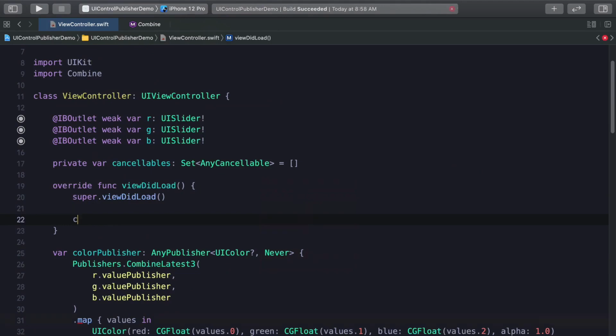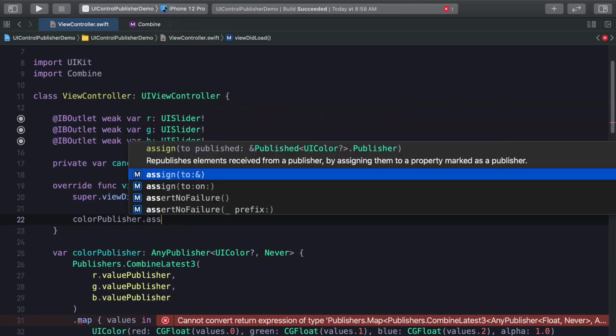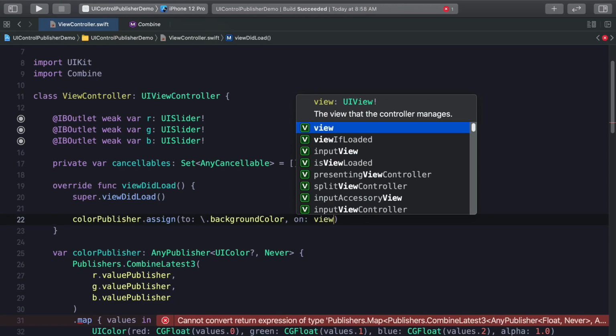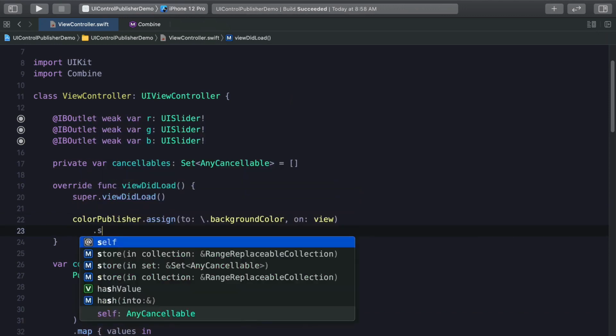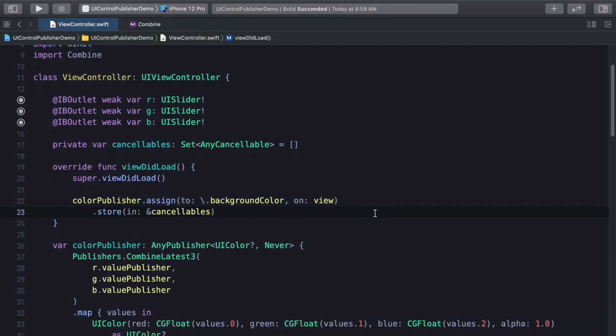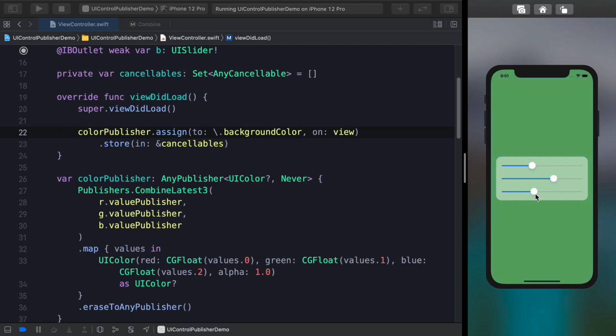So now I can take our color publisher and we can assign this to the background color on our view instance. And then finally, we will store this in our cancelables. Okay, so with this in place, let's give this a run. And so now we have our three sliders here. If I change them, they don't seem to be working,